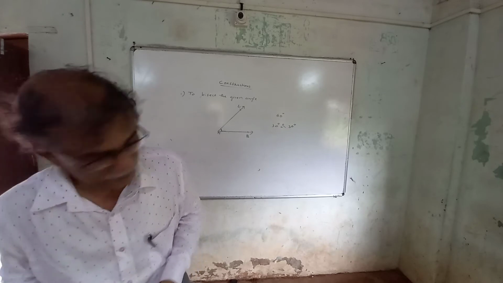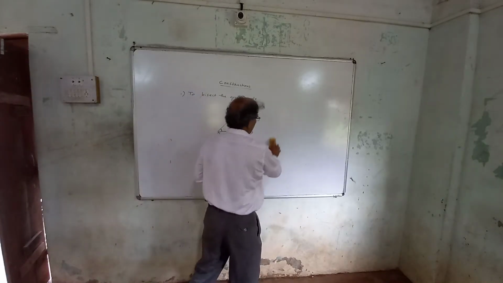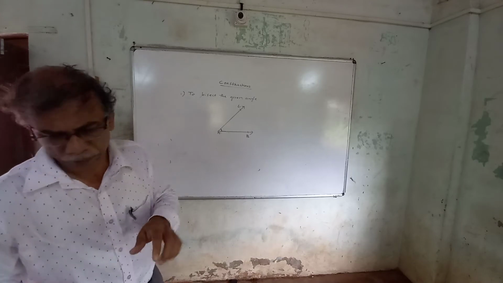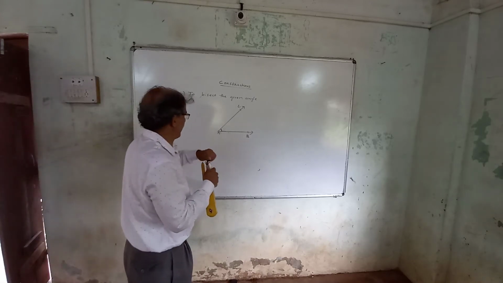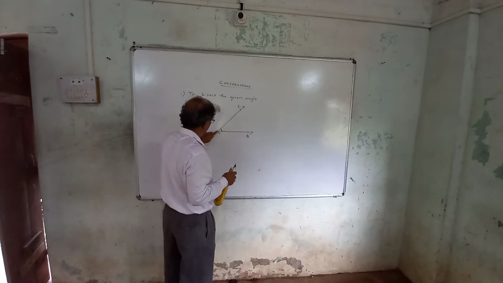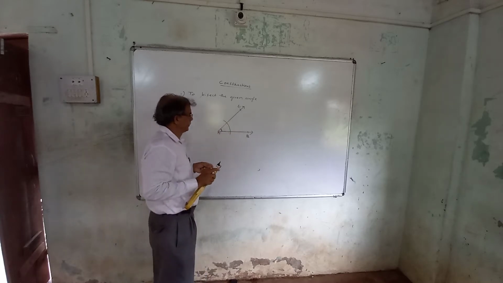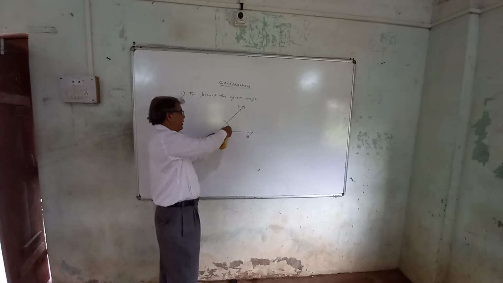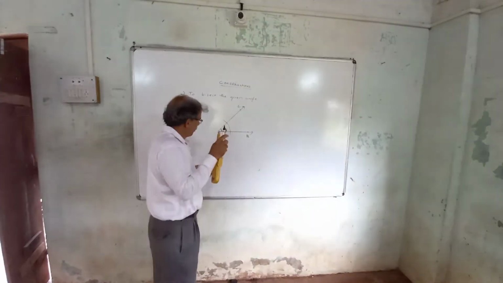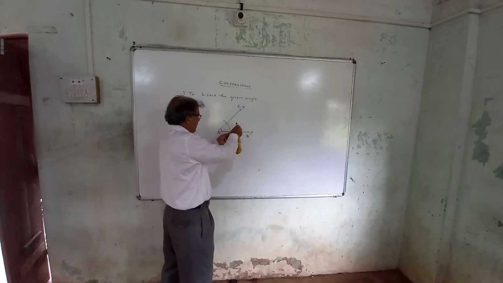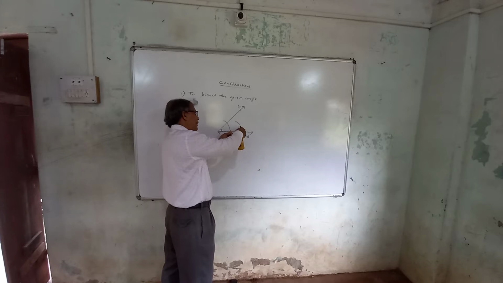Now how is that done? Now see, to bisect a given angle, you keep the compass on the vertex of the angle. Which is the vertex? Point A is the vertex. And with sufficient distance, you draw an arc which will intersect both the rays. Even you can mark up to here and then here. Now take the compass and with the same distance or a little more distance, draw the arc from here to here, which is in the interior.